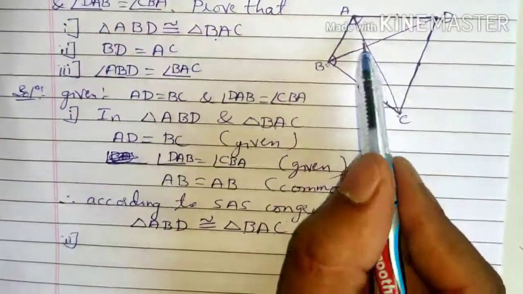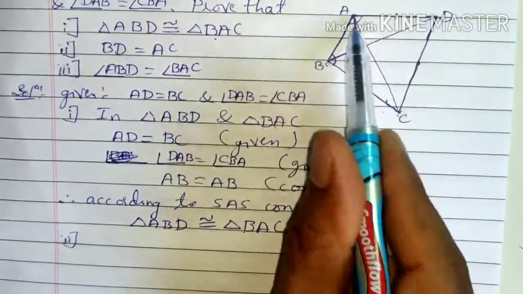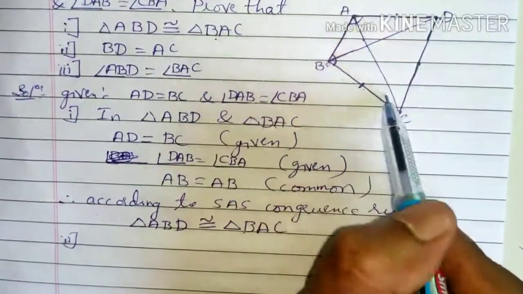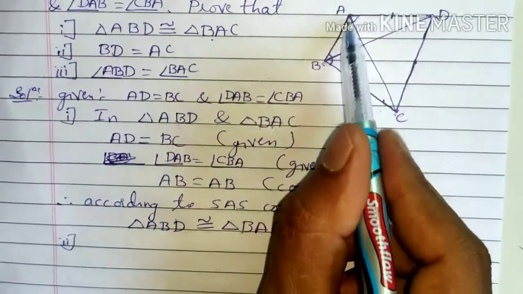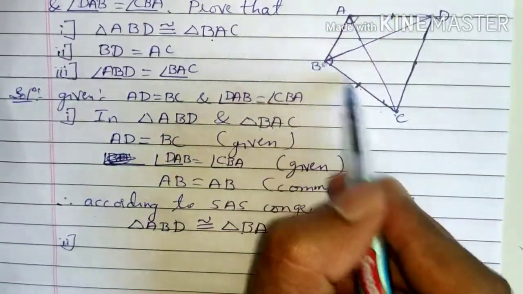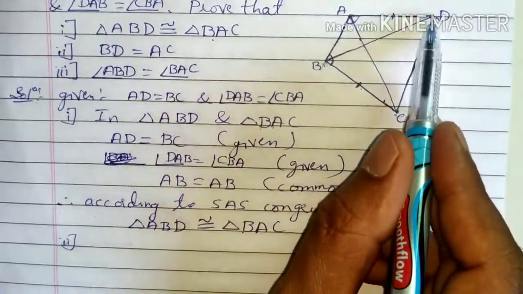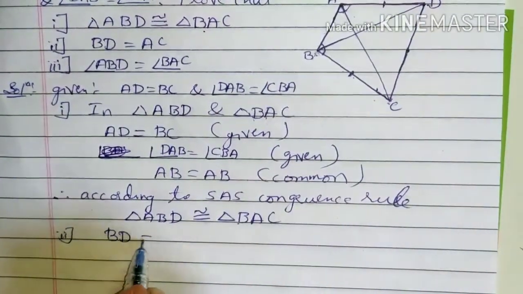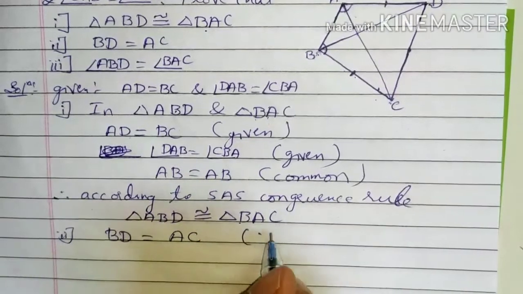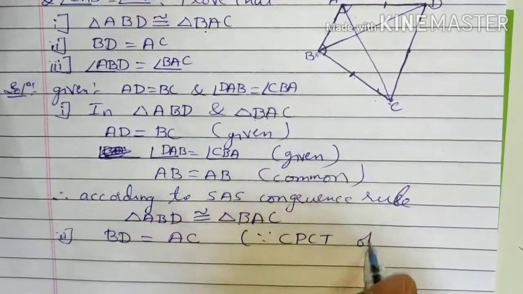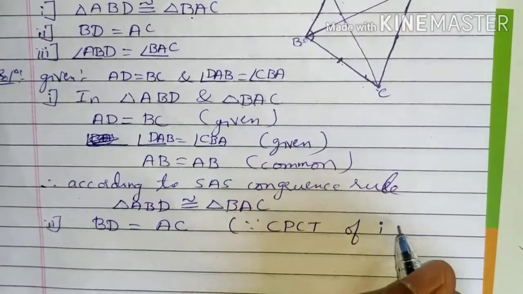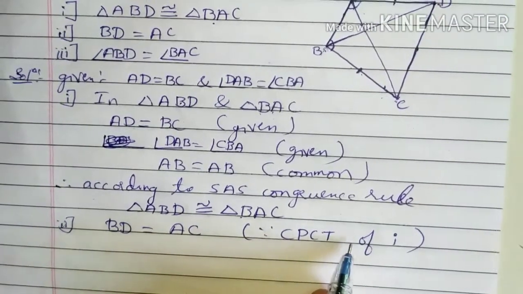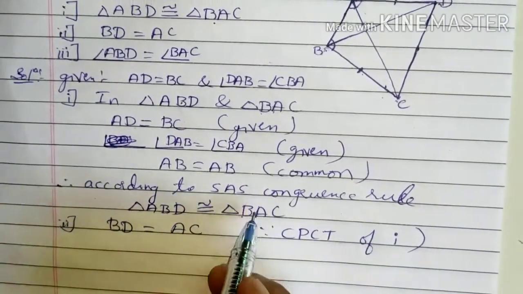So that means we have proved that ABD and BAC are equal. So that means AC will be equal to BD because corresponding sides of congruent triangles. Okay, because AB is AB and AD is equal to BC. So therefore third side is BD, that must be equal to AC using CPCT. Okay, so that is BD is equal to AC. So because CPCT of 1. So 1 means the first proof, okay, of 1. CPCT, corresponding parts of congruent triangles of the first result.